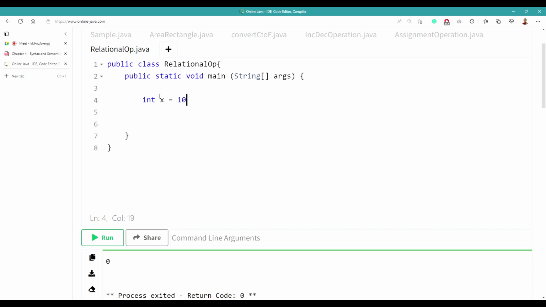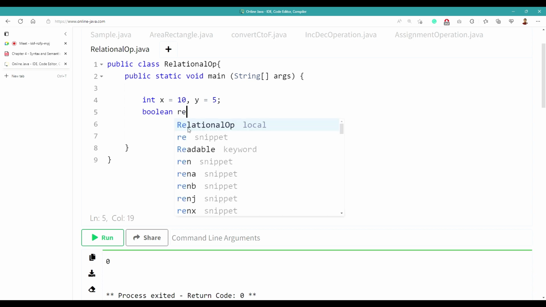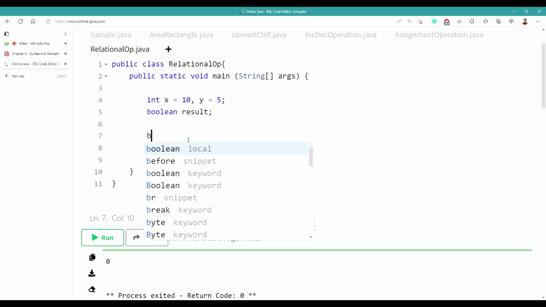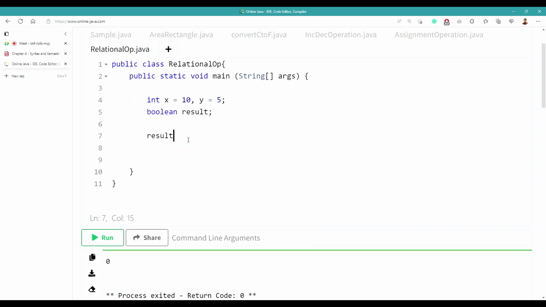Y is equal to 5. Let's try that one. Then, we declare a boolean variable. Okay? The boolean variable can handle only true or false, which is best to handle relational operations na mga results. So, for example, boolean result. Okay? So, let's say result is equal to